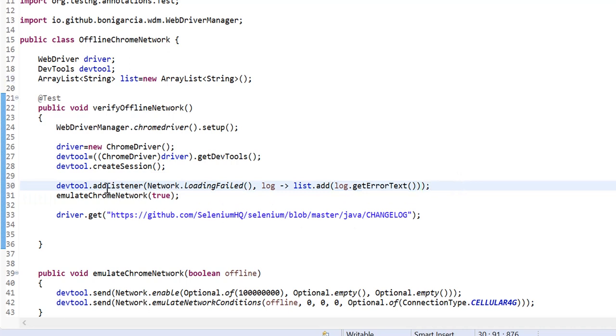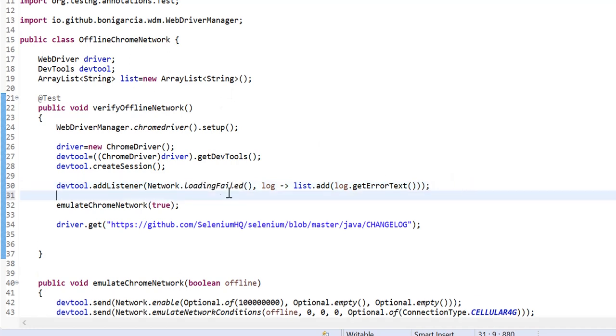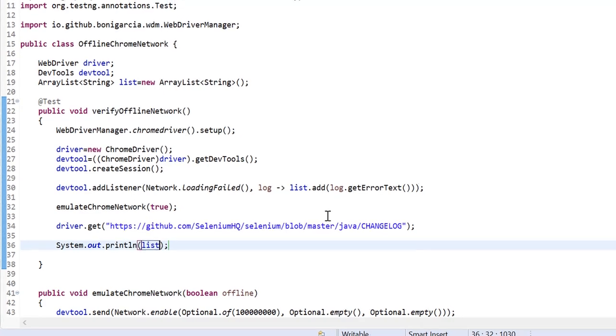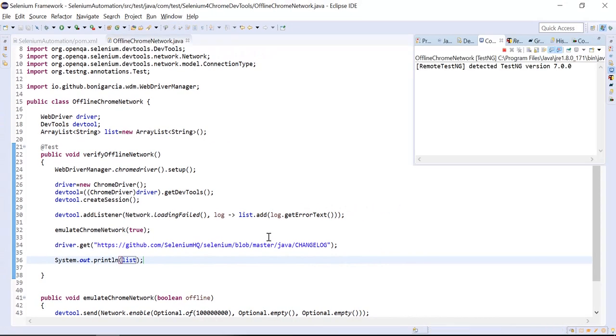So what I'm saying is, if something fails in the network loading, then get all the logs and store them in this list. Let me print this list. When the network is offline, we will get one error like ERR_INTERNET_DISCONNECTED. Let me execute.